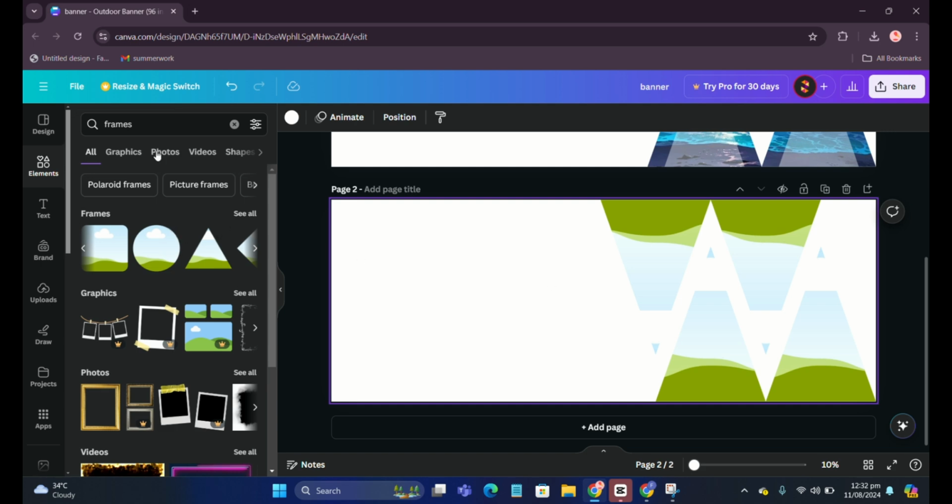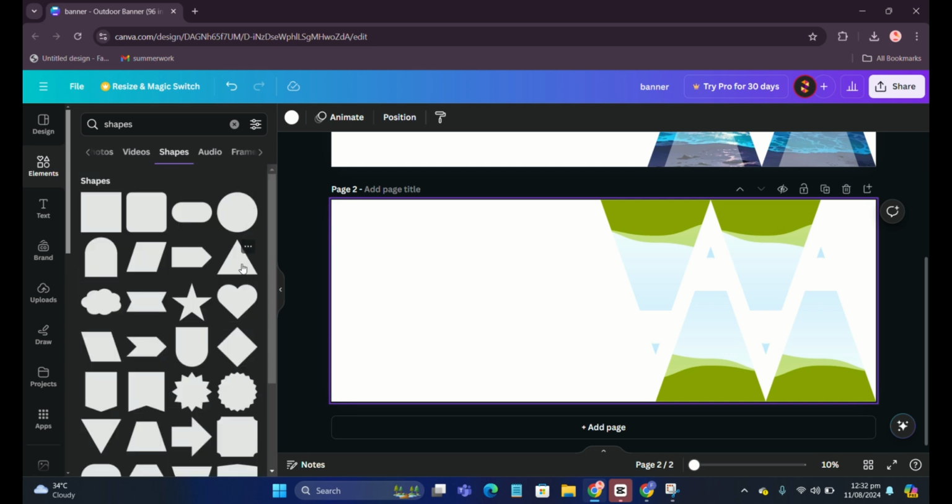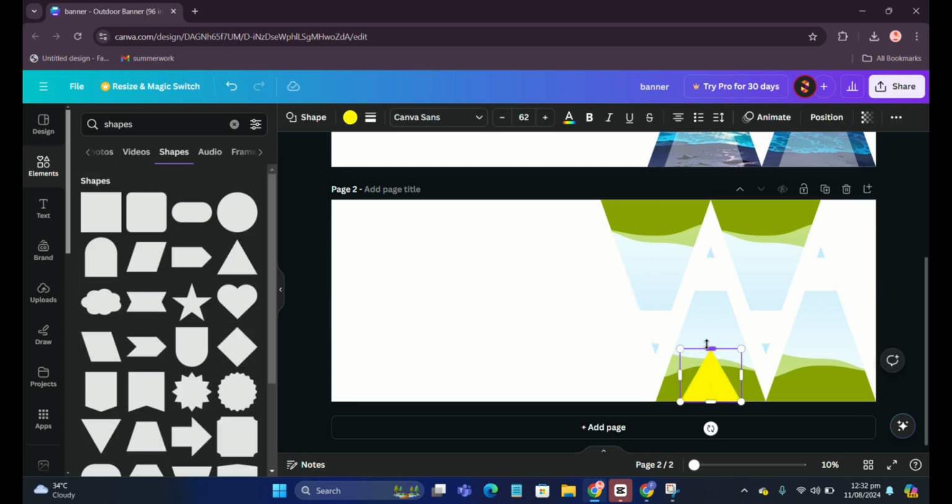Now, go to Elements and search for Shapes. From Shapes, choose this triangle. Place it here and increase its height. Now change its color to white